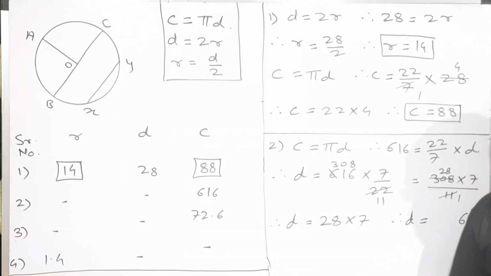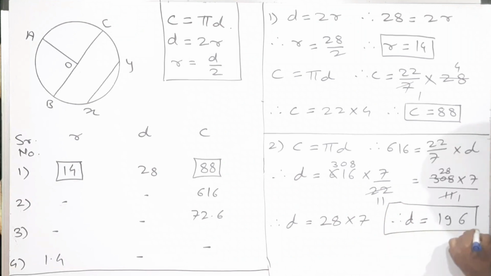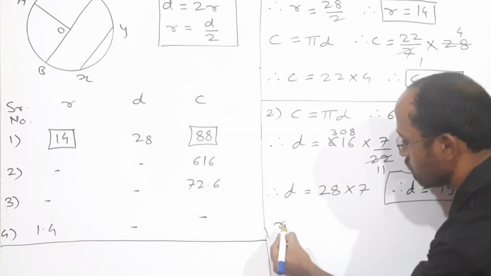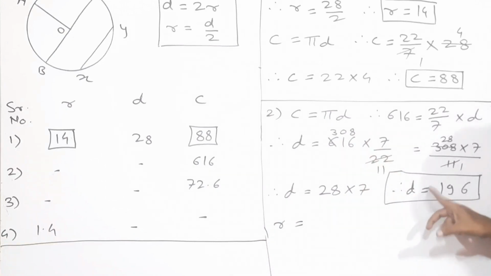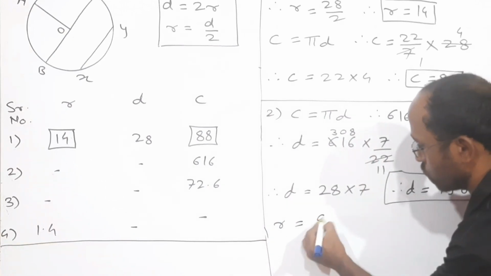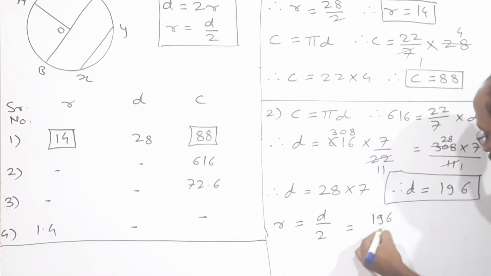7 2s are 14 plus 5 is 19. So diameter is 196 centimeter. Now we have to find out R. R is half of diameter, means this diameter we have to divide by 2. So R is equal to d upon 2, which is equal to 196 divided by 2, which is equal to